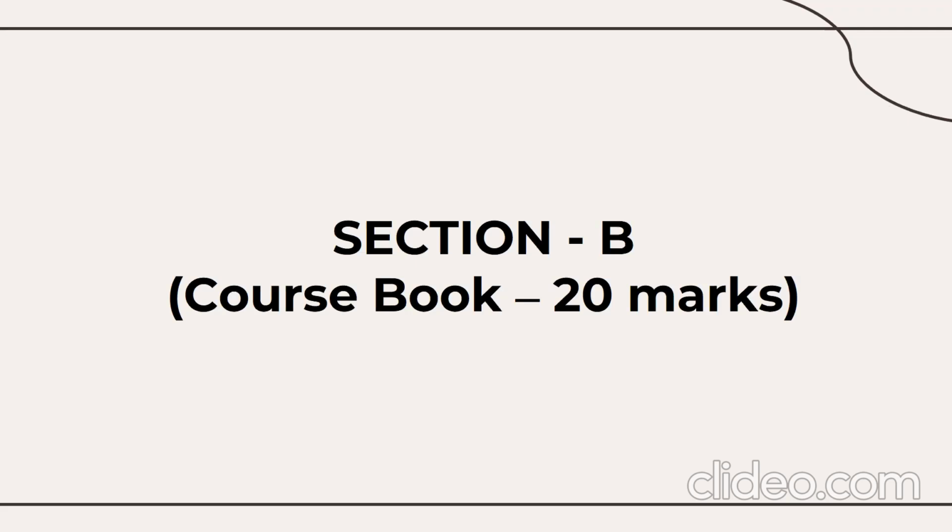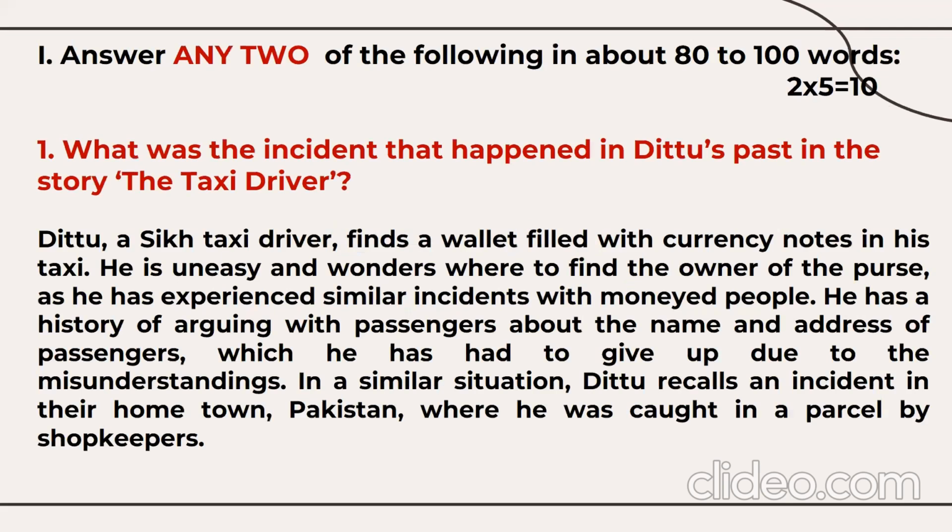And the course book, which has 6 lessons, has the weightage of 20 marks, and this course book has 2 sections, 5 marks questions and 10 marks questions. So let's begin. For the 5 marks questions, you need to answer only 2. Again, I have tried to give the answer in such a manner that somewhere you will get the summary of the lesson, summary of the poem, or summary of the story. So it may be quite longer, but hopefully it might help you a lot.